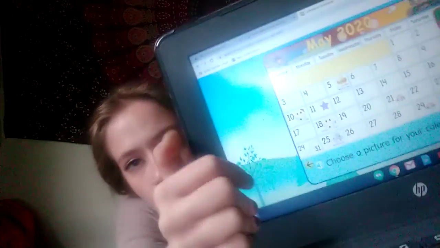And now I can choose a picture for your calendar. Choose a picture for my calendar. Okay, so I think I'm going to pick the picture of the boy daydreaming about playing baseball. So this is going to be my picture, but you can pick whichever picture you would like. And then once you have your picture chosen, go ahead and click that green arrow one more time in the bottom right corner. And hooray, we finished calendar.